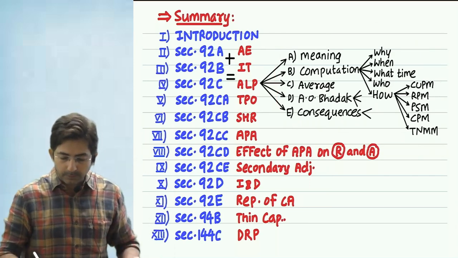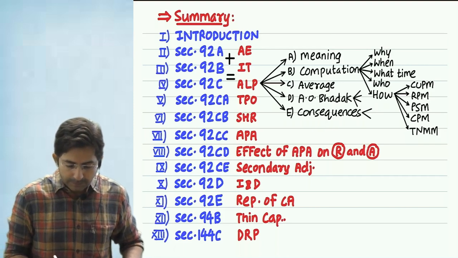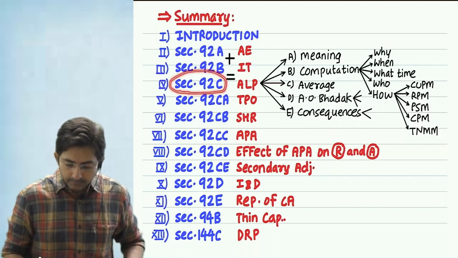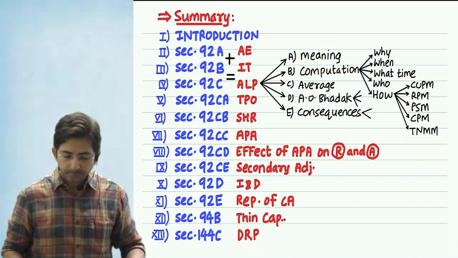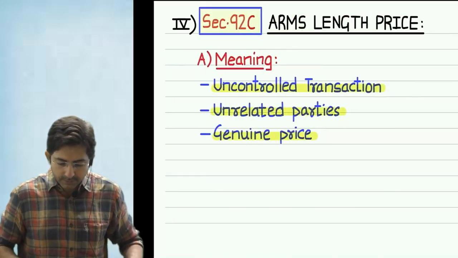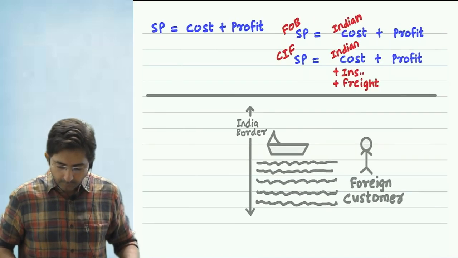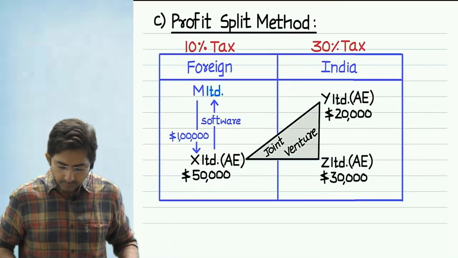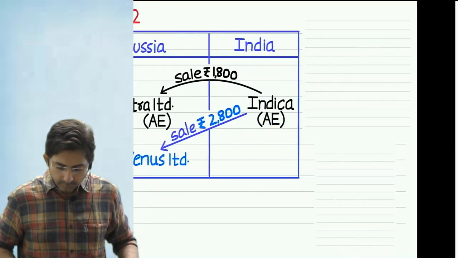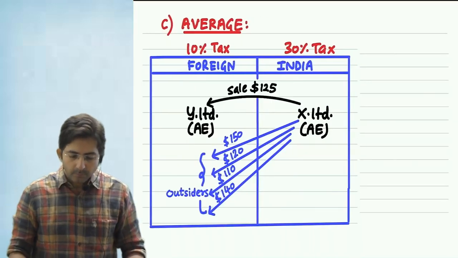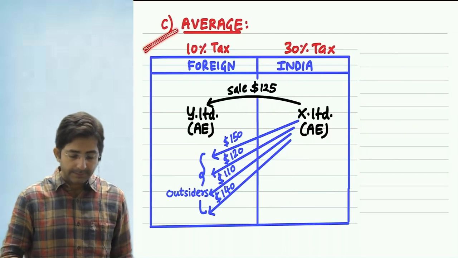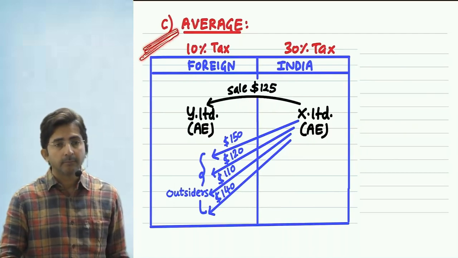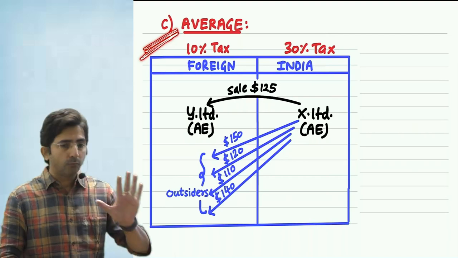So as per the summary, especially I am talking about 92C right now. This is done, this is done. Next is average. See what is the average? Look at this. Why have I written C here? Section 92C is in 5 parts,